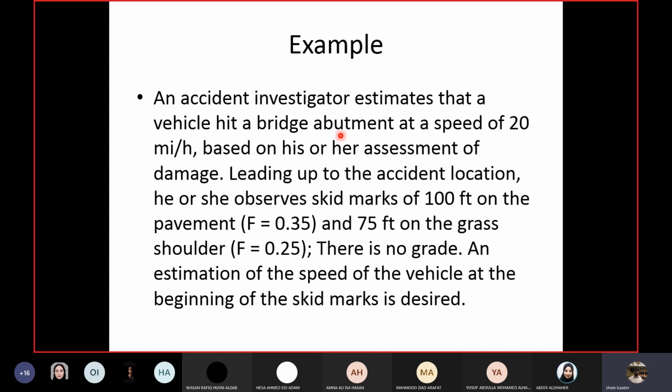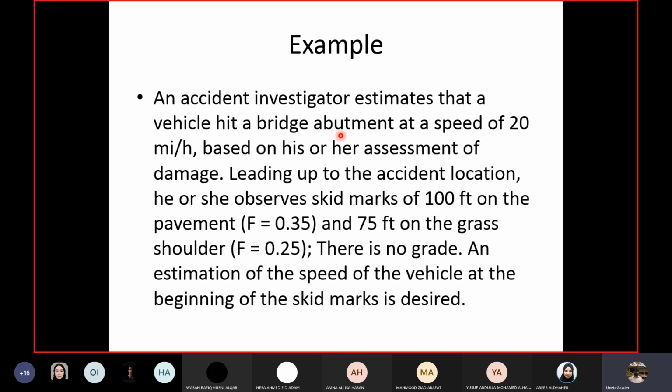So a vehicle hit the abutment of a bridge, means the side of the bridge, at a speed of 20 miles per hour. Now I don't know much detail about it, so don't ask me for it. But they have some methods by which they can calculate the speed of the vehicle at the time of impact by assessing the damage to the vehicle. So if a vehicle is damaged in this manner, they can estimate how much the speed of the vehicle would have been. They use it at the time of vehicle testing.